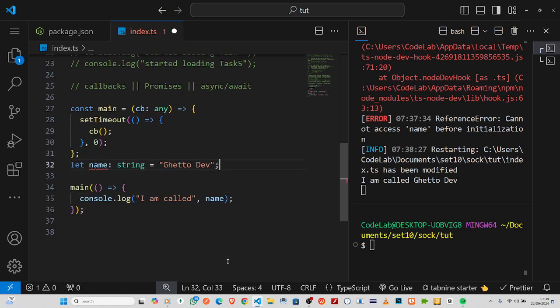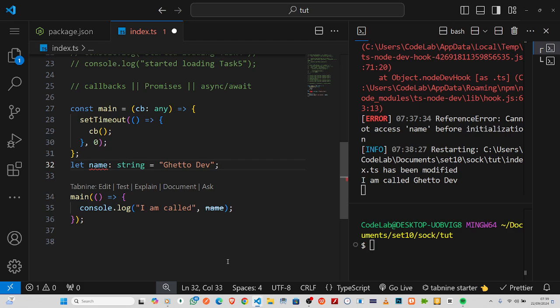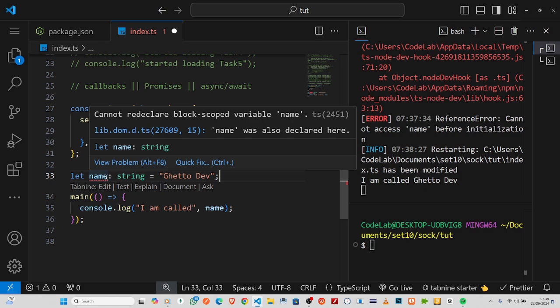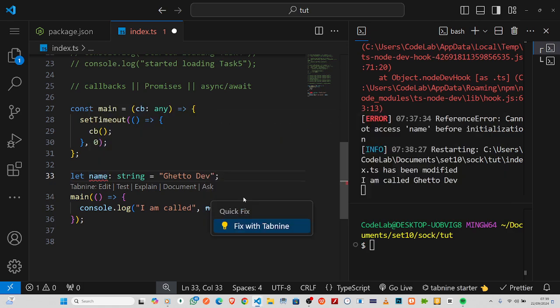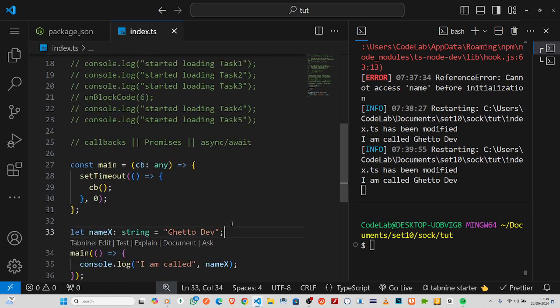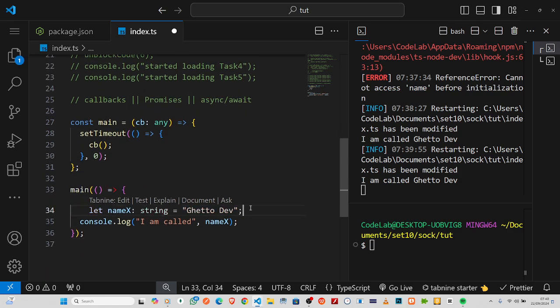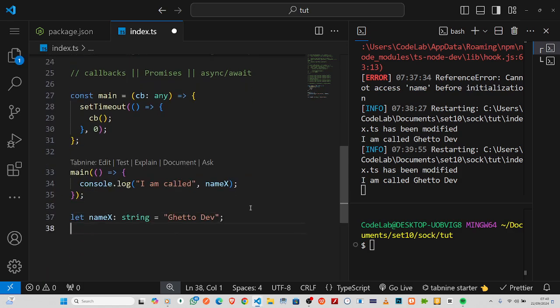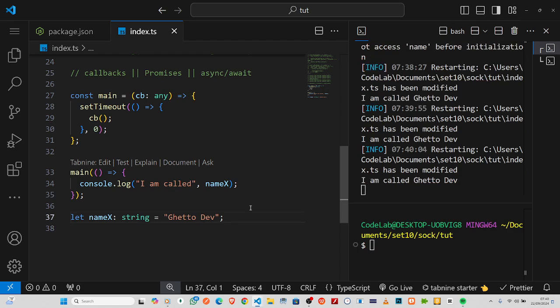Now if I take this guy and I put them up here, for some reason, I don't know why, this name shows this red burrow. Cannot declare block variable name, blah blah blah. Name also has been declared. I know why. So okay, if you no agree, so I feel say name X, right? So just change that. Okay, and that's fine. Make I pull this guy down back, right? So we don't get any issues still, right? Okay, so majorly